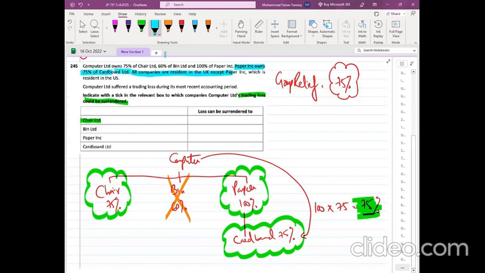पेपर यूके रेजिडेंट नहीं है। तो भाई, जो यूके रेजिडेंट नहीं होती वो कभी भी ग्रुप का हिस्सा नहीं होती। हम अपना लॉस सिर्फ यूके के, यानी अपनों में बांटते हैं, परायों में नहीं बांटते, चाहे परसेंटेज 75% से ज्यादा ही क्यों ना हो जाए। तो सर कार्डबोर्ड में क्यों दे दिया? तो बेटा कार्डबोर्ड ये यूके कंपनी है, किसी फॉरेन कंपनी के थ्रू भी अगर यूके की कंपनी में इफेक्टिव होल्डिंग 75% हो जाए, तब भी वो ग्रुप का हिस्सा होती है। तो इस क्वेश्चन का आंसर क्या हुआ? बिन नहीं है, पेपर नहीं है, चेयर है और कार्डबोर्ड है।